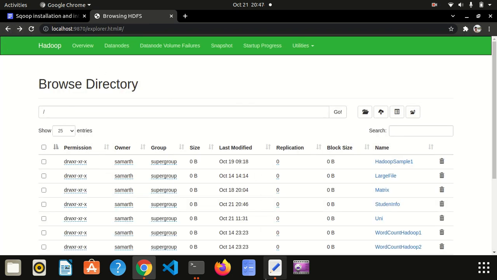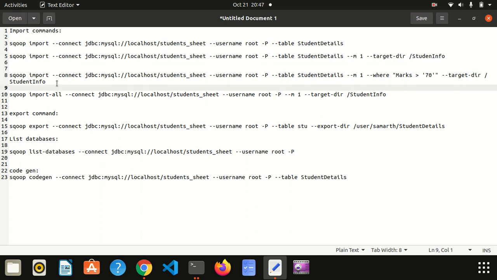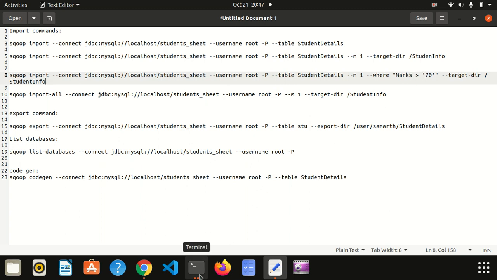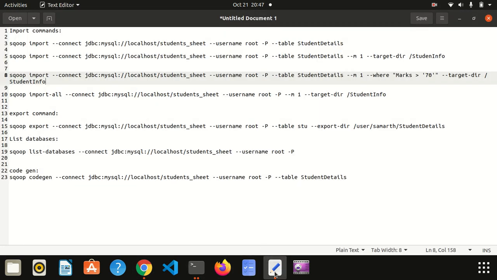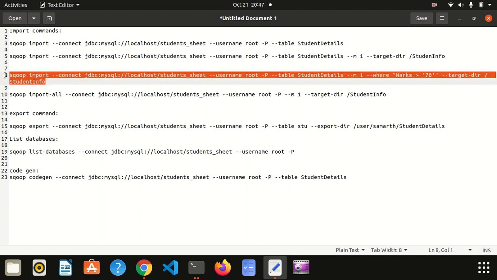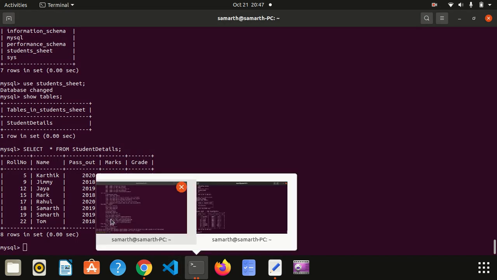Similarly, you can also use the where clause while importing. For example, here I am importing where marks is greater than 70. Previously it retrieved 8 records, but if I retrieve only where marks is greater than 70, then it should get a total of 5 records. The command is the same, but here I will be writing the where clause, where marks is greater than 70. Execute this command now.